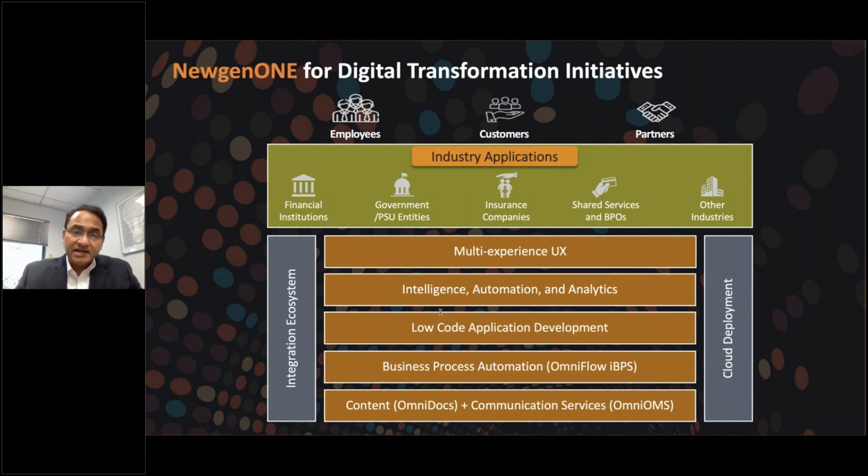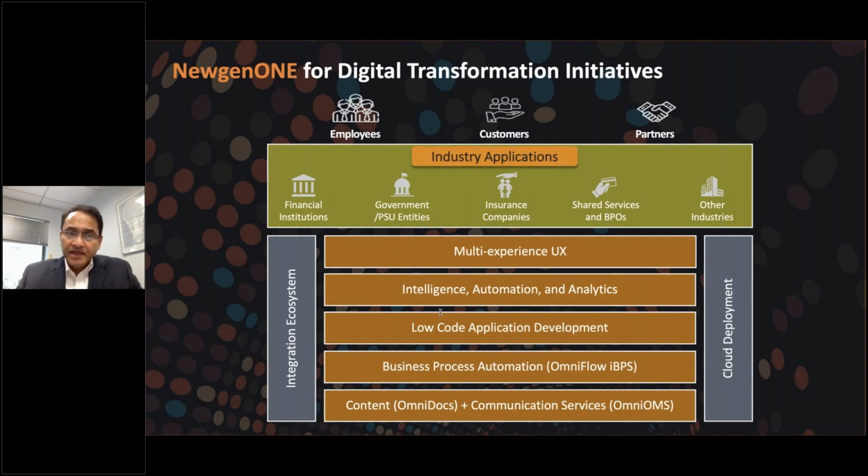The low code application development environment comes next, combining both of these two layers, and all leading edge technology and capabilities, artificial intelligence, machine learning, robotics, analytics, for both process as well as the content. And then you have this multi-experience user interface coming from the low-code application development environment utilizing